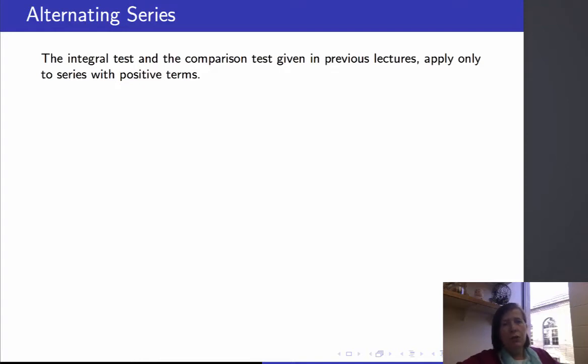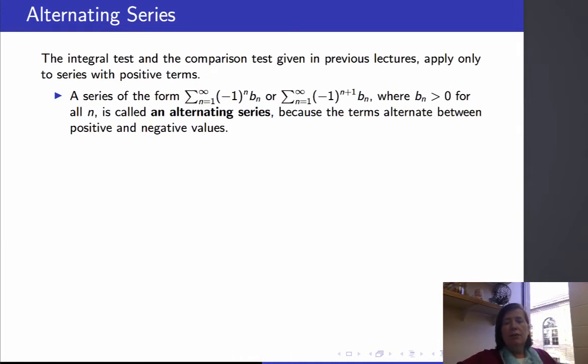In this section, we're going to look at alternating series. For the previous two tests, the integral test and the comparison test, before we applied these tests, we had to ensure that the series had positive terms. So for an alternating series, the sign of the terms alternates between plus and minus,